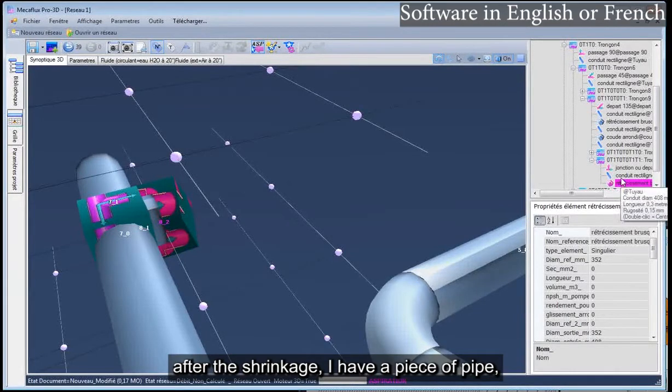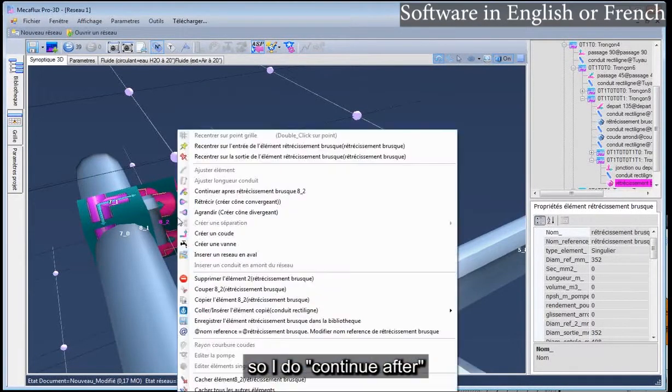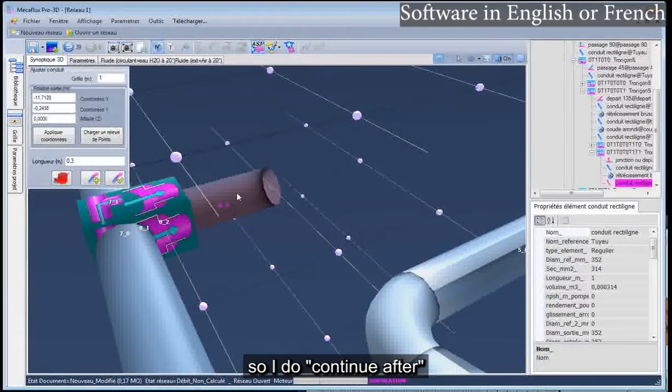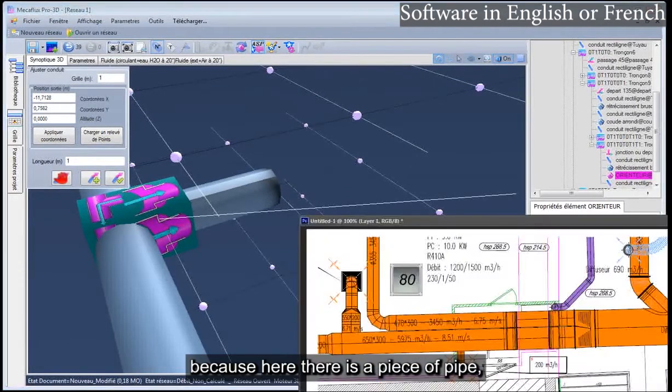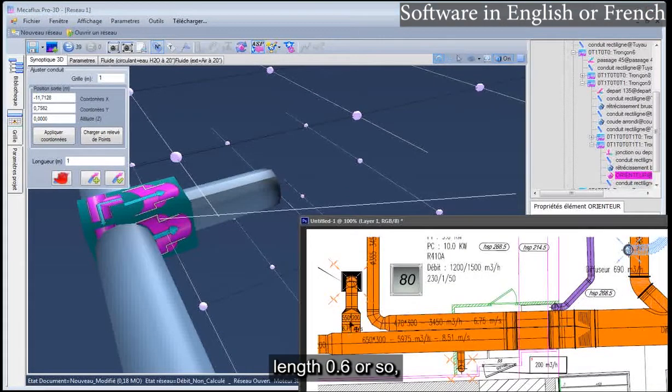After the shrinkage, I have a piece of pipe, so I do Continue After. Because here there is a piece of pipe, length 0.6 or so.